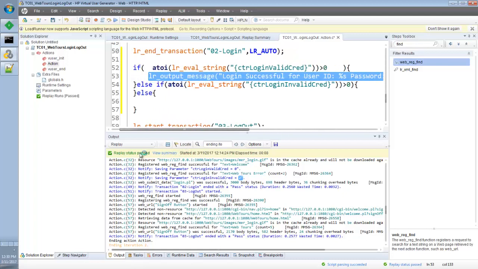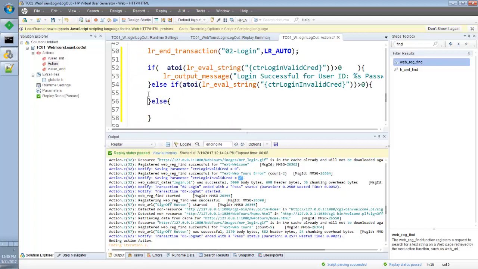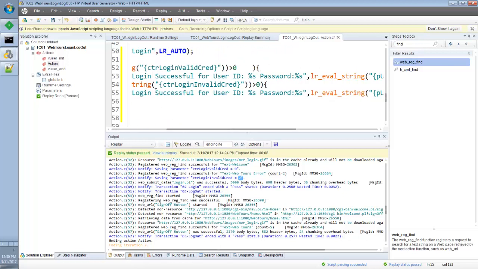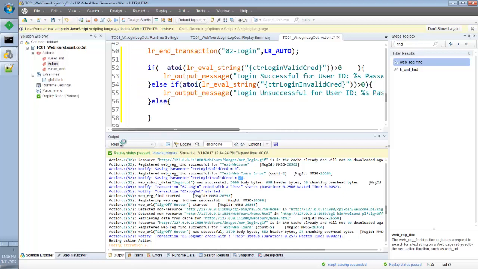and up there we will put login unsuccessful for that credential. Now if your login is not successful, can you log out? No. So if your login is not successful, then we are coming in this block, right? What we will have to do, we will have to exit iteration from here. We do not want to go any further. What we want to do, lr exit,